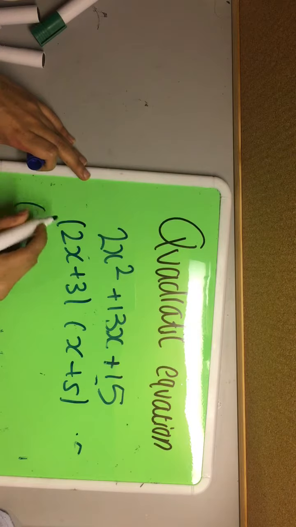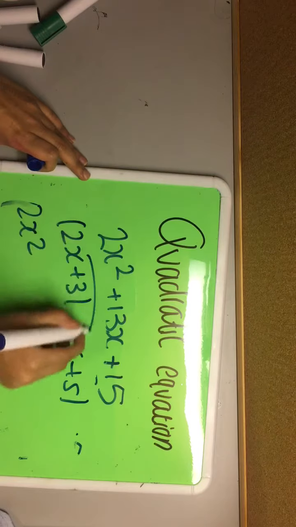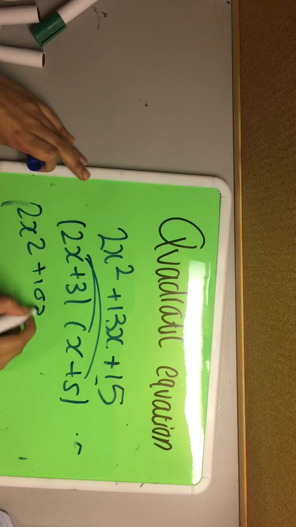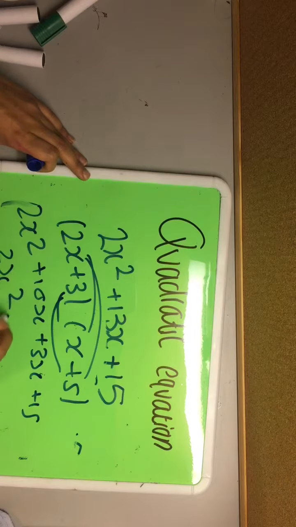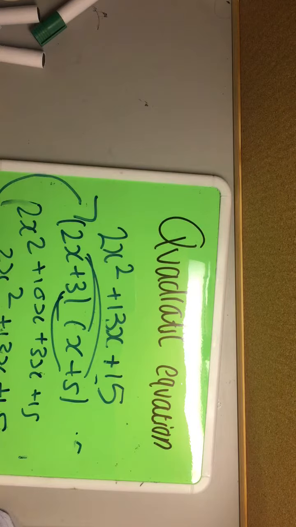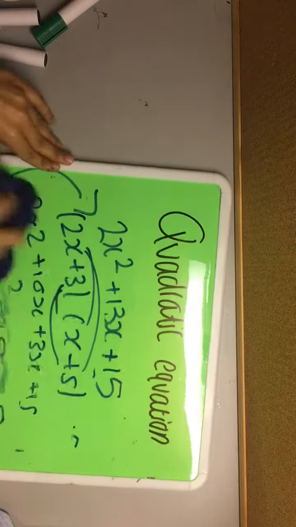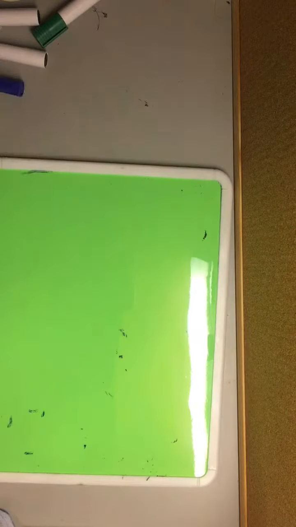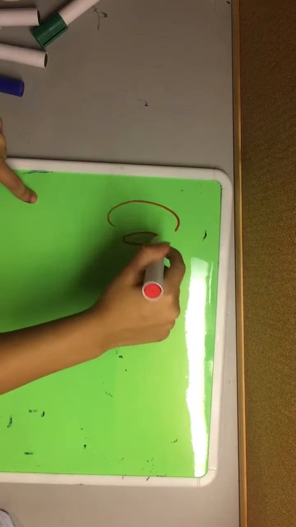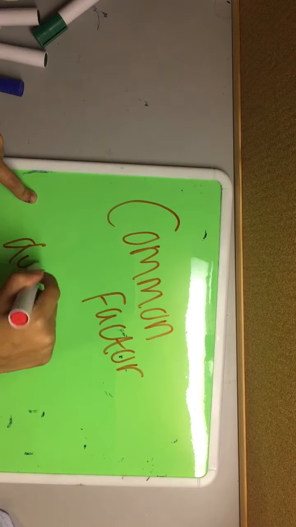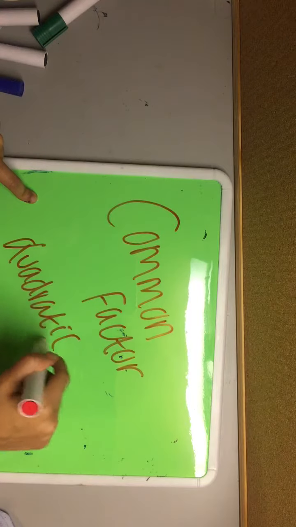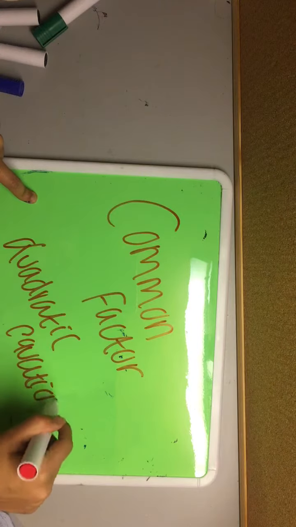Let's open it up. It makes 2x squared plus 10x plus 3x plus 15. Simplify that, 2x squared plus 13x plus 15. That is the answer. So in this video, we have covered common factors and quadratic equations. Remember, quadratic expressions always